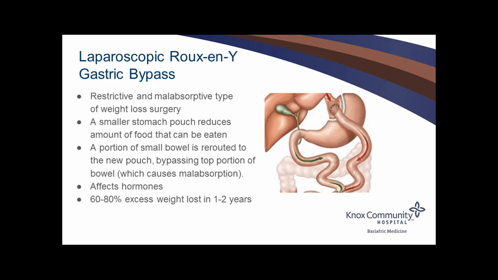This affects weight loss in several different ways. The small gastric pouch restricts caloric intake. The food that you eat does not go through the normal stomach or the first part of the intestines, but instead it bypasses these areas. This affects the hunger hormones and your feeling of fullness. It also causes malabsorption, which decreases the amount of calories absorbed from the food that you eat.